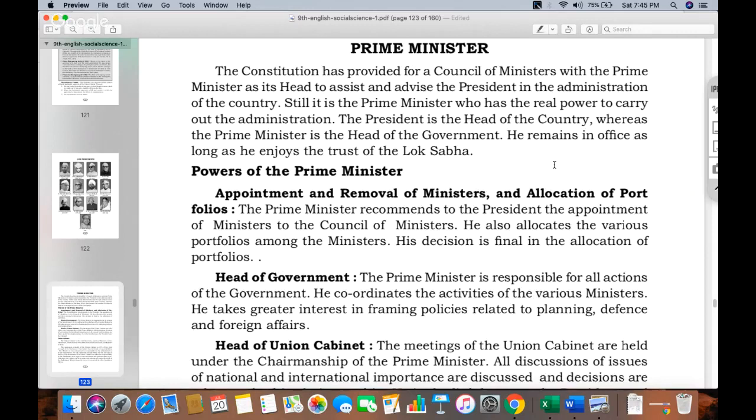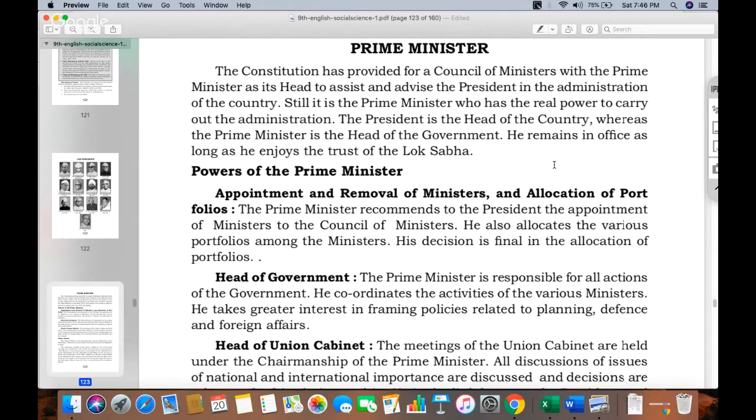So if the government wants to impose emergency, it can, if they are powerful in both Lok Sabha and Rajya Sabha, because generally the President is from the ruling party. If you look at the current scenario, BJP has government in most of the states, which means that most of the MLAs in the country are their MLAs. In Lok Sabha they have majority. In Rajya Sabha they don't have majority, but pretty soon they will be able to get majority in Rajya Sabha also.